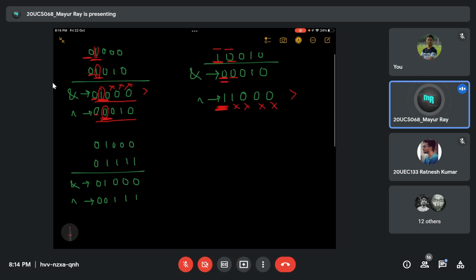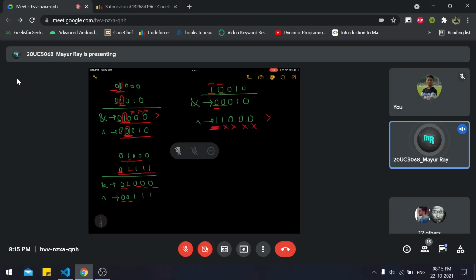Now let's take the other example, which I started with in the beginning: 01000 and 01111. If I take the AND value, the first bit will be 0 in both cases, and for the next bit the AND value will give me 1 and the XOR value will give me 0. For the next ones, the AND value will give me 0, 0, 0, and the XOR value will give me 1, 1, 1.